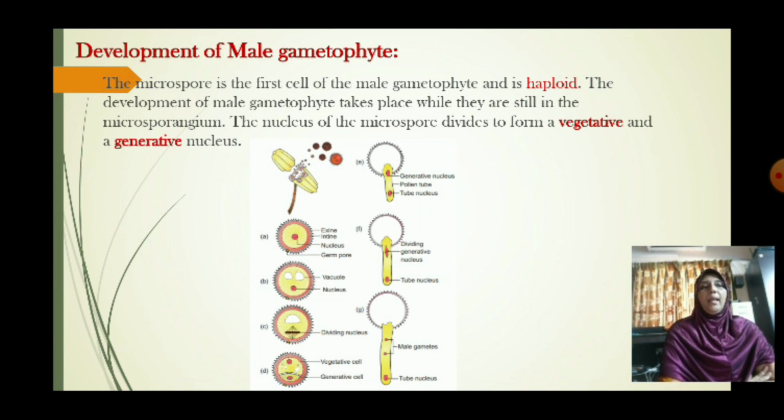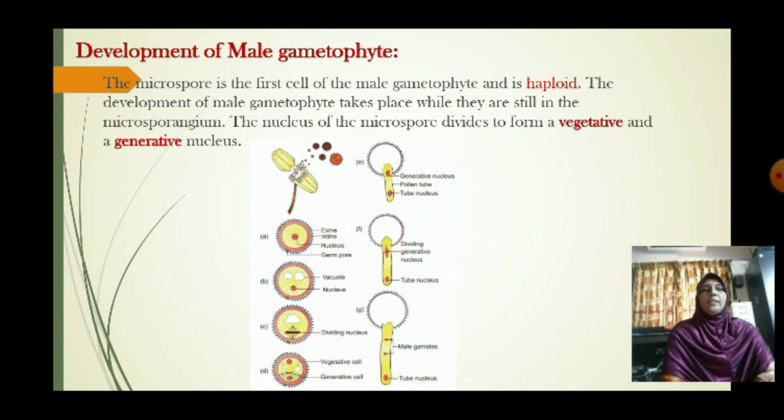The development of the male gametophyte takes place while they are still in the microsporangium. The nucleus of the microspore divides to form a vegetative and a generative nucleus. You can easily observe it in this picture. A wall is laid around the generative nucleus, resulting in the formation of two unequal cells. A large irregular nucleus bearing abundant food reserve is called the vegetative cell, and a small generative